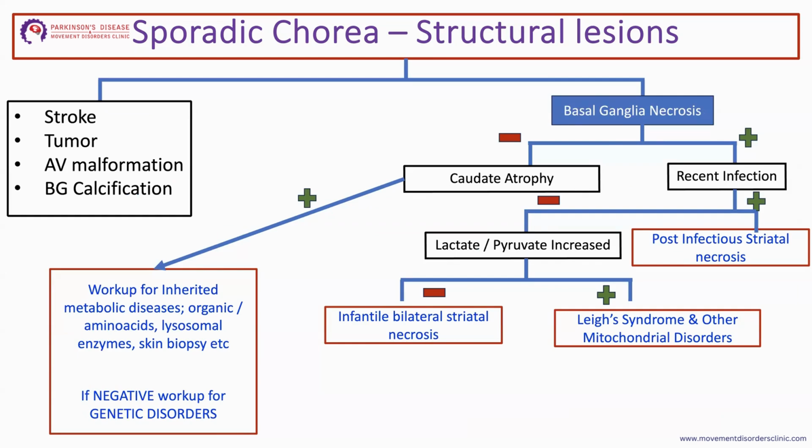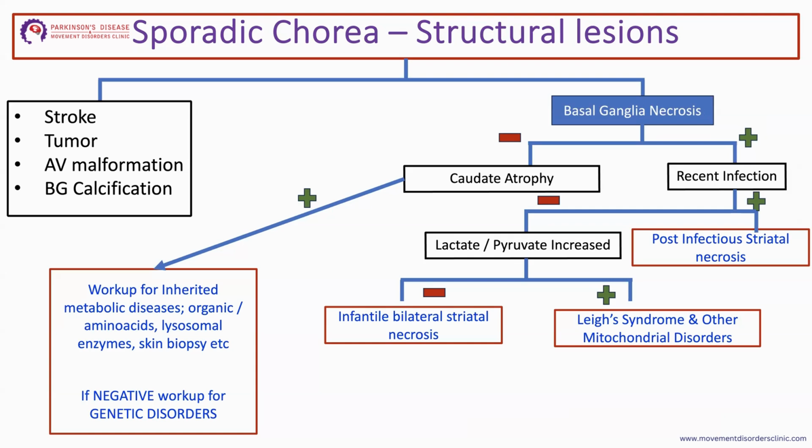So now we looked into chorea with a structural lesion. When you have a structural lesion on imaging, the first thing is to look into stroke, vascular event, tumors, malformations, and basal ganglia calcifications. Sometimes you may not get a specific structural lesion. You may just get basal ganglia necrosis. When you get this basal ganglia necrosis,